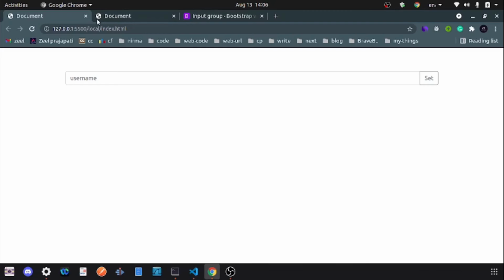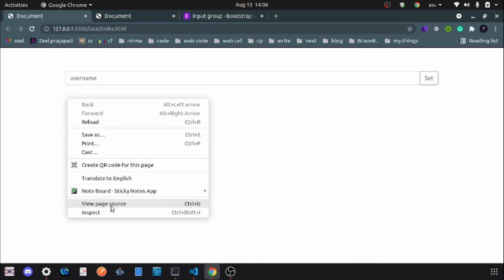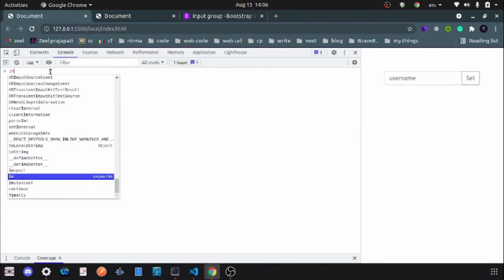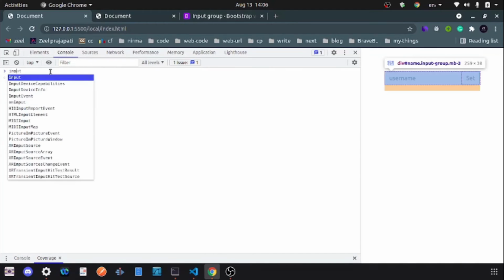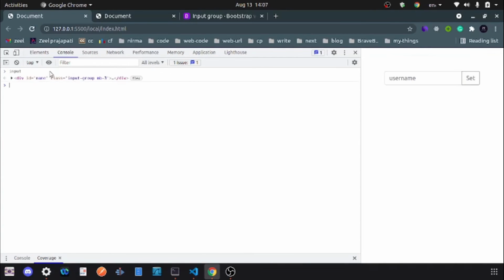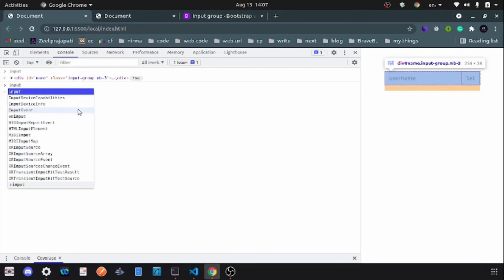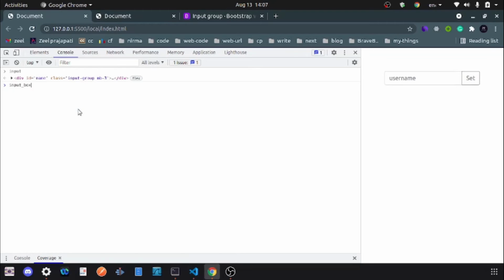Now you can check this by just right click, go to the console tab and write input, and you can see here, why is it not showing the input box? It should show here.